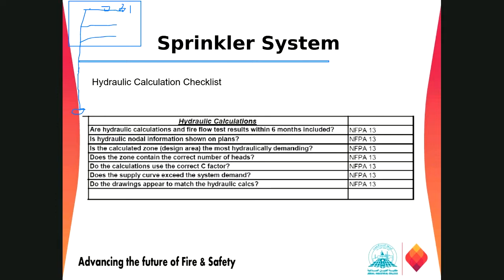And you don't have to consider the complete sprinkler layout in your hydraulic calculation. We have to just assume the hydraulic design area and the piping coming all the way from the hydraulic design area directly to the underground network. You don't have to look for any other sprinkler areas.